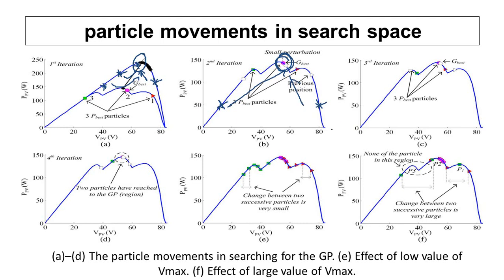At one point of time, all the particles will move to this particular peak 2, P2. 3 peaks are there, P1, P2, P3. At one point of time, all the 5 particles tend to move to this particular region. By using position update and velocity update, this kind of optimization process is what we call particle swarm optimization. The declared particles try to move to the global vicinity or global solution range. This kind of optimization process in the search for maximum power point tracking is what we call particle swarm optimization.